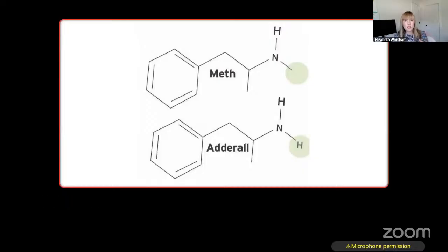The top image is the chemical organic structure of methamphetamine, the illicit drug. The bottom structure is Adderall. It really only differs by one methyl group. Up here, this is a carbon. Down here, this is a hydrogen. They're very, very similar, but children with autism spectrum type behaviors have different brains, and we just need to support the brain circuitry as best we can with medicines. And this really does work.